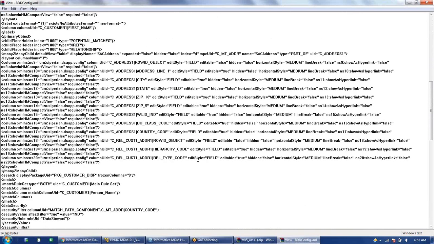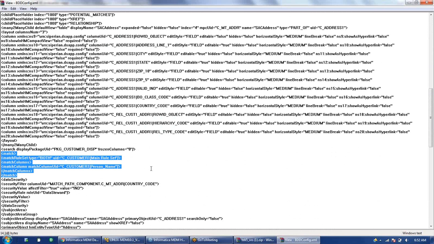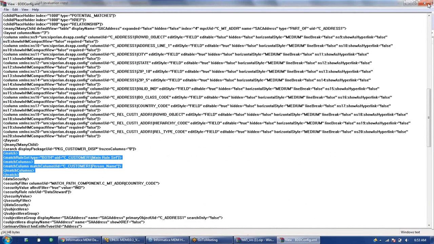And similarly this one, we have used a rule set, so the match rules are also coming here. So this is the main file, bddconfig.xml, which will contain all your changes. The other file is bdd bundle.properties.